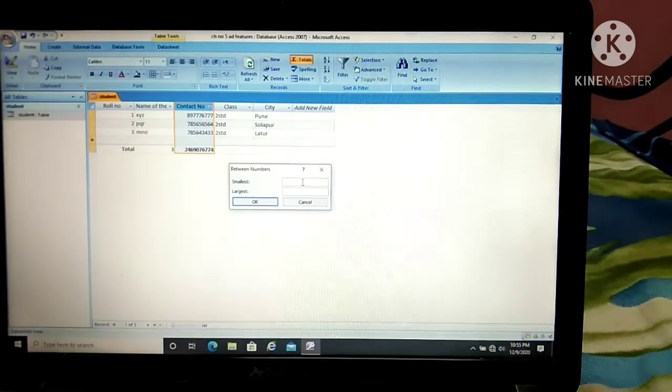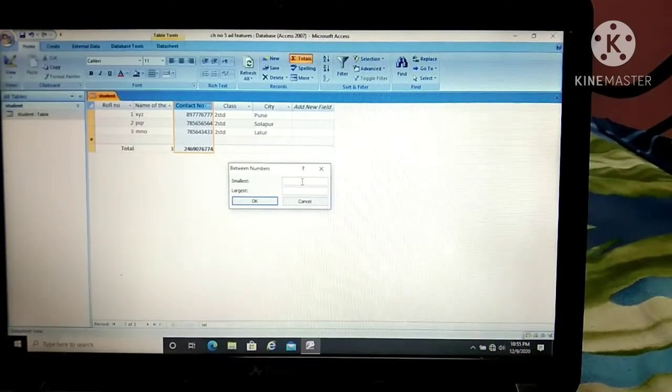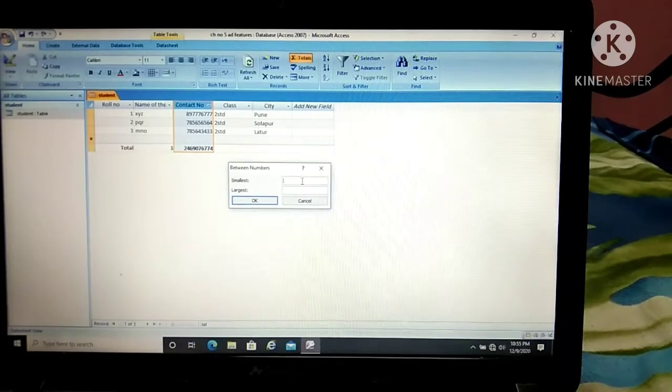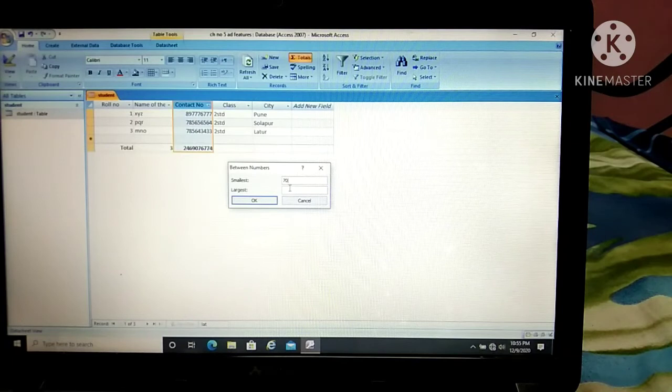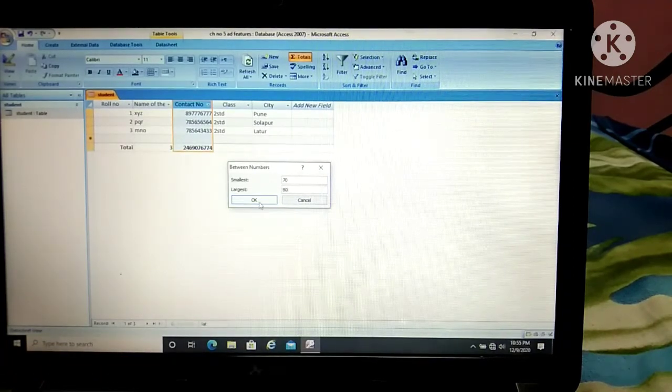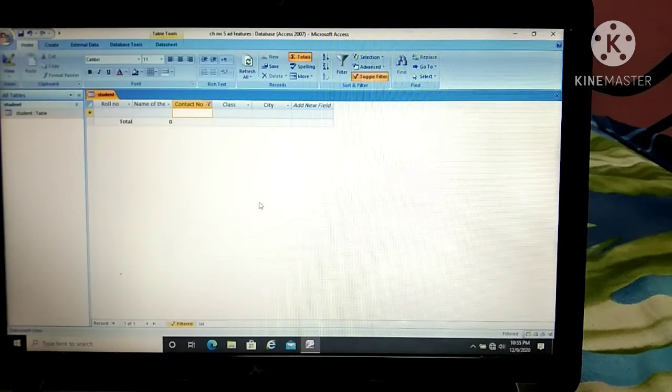and I will type here the smallest digit and the largest digit. Suppose the column is related to percentage, like 70 to 80, I will type 70 and the largest will be 80. Then click on OK. It will be displayed to you.